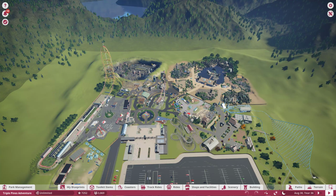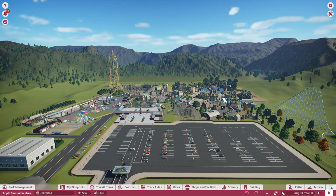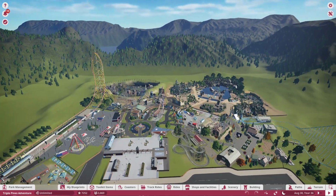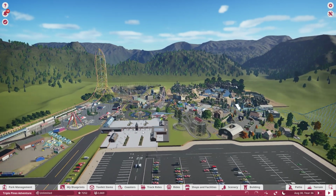Alright, so now on to the news. The thrilling news that I promised you in the beginning. We are going to be making an entire new park. Almost, of course, it can't be exactly the same, but we are going to be making a Triple Pines Adventures 2. That's not what it's going to be named, but that's our placeholder for now. It's going to be modeled off of the same parking lot area, same exact entrance,